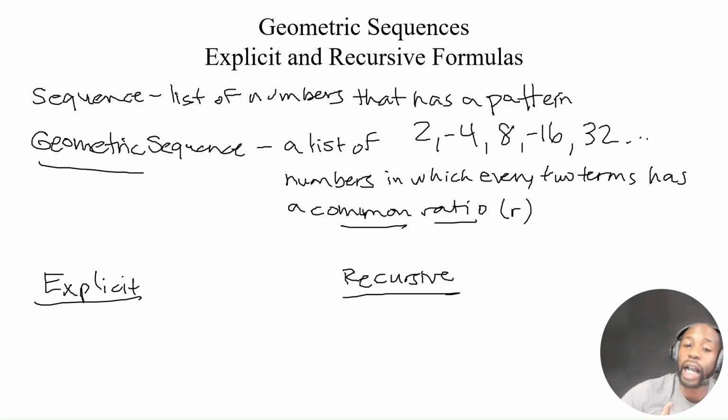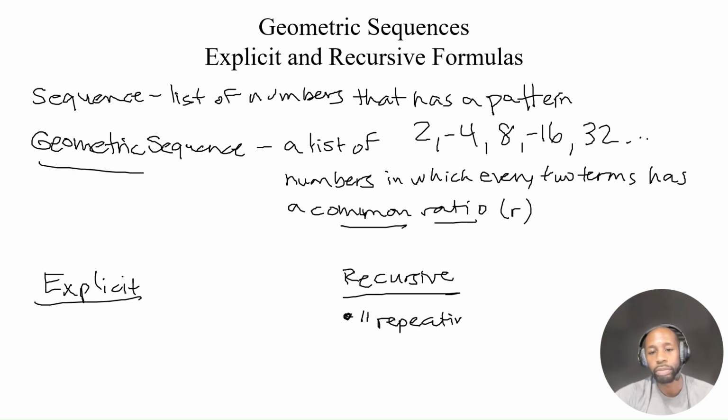The first thing I want to note is recursive. The word recursive means something that is repetitive, something that is repeating. And so whenever we use a recursive formula to find terms in a sequence, you have to know